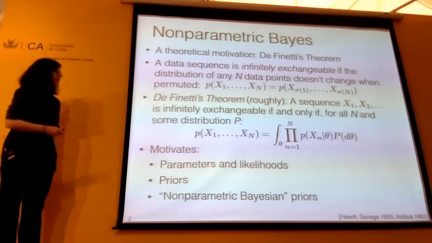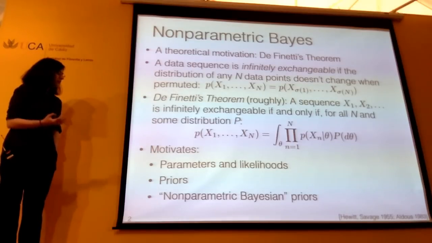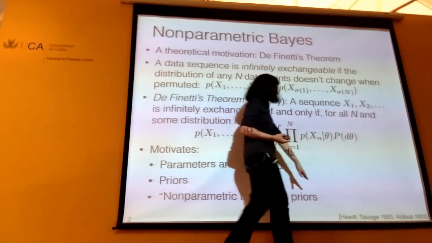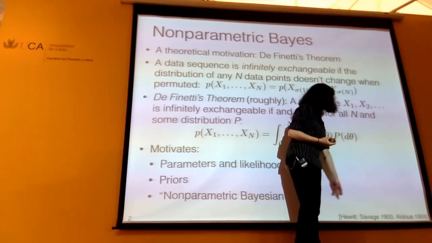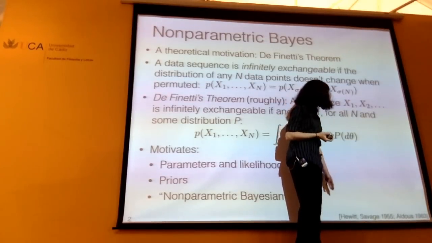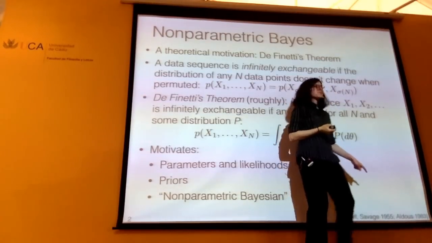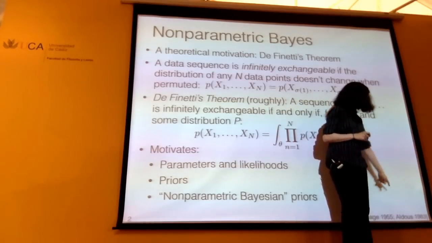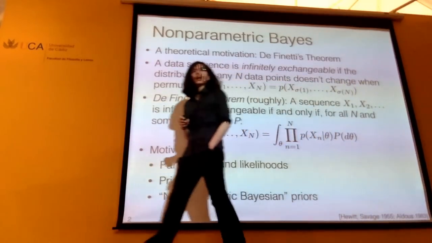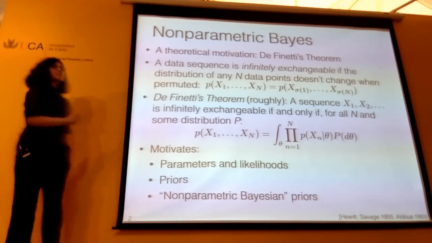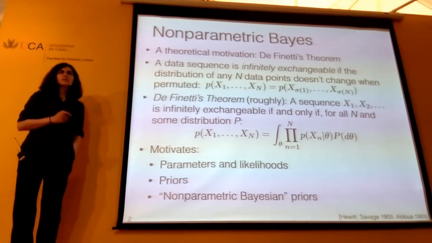So de Finetti did a lot of work on this in the 30s. It's really amazing stuff and it's really fascinating to read. Hewitt and Savage completed it and came up with the general version of the theorem that we think about and use today. And if you're really interested in this area and getting deeper into the math involved here, I'll recommend this Aldous manuscript from 1983, which is just a really fantastic read. It's a deep dive into exchangeability.